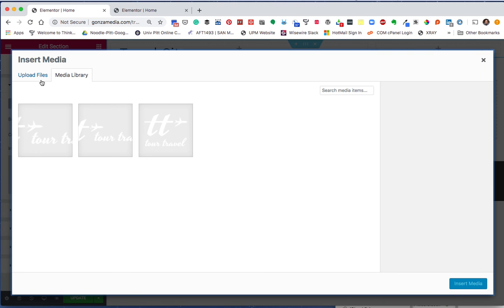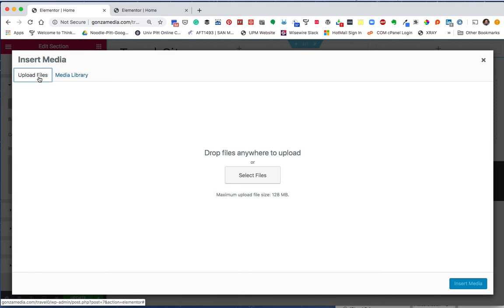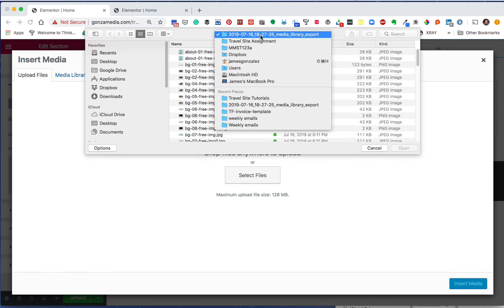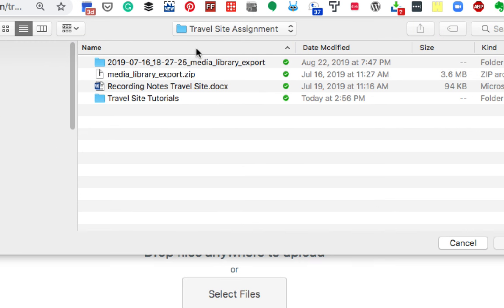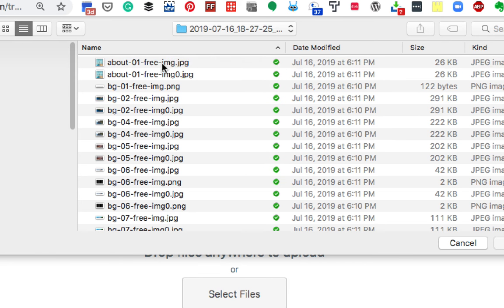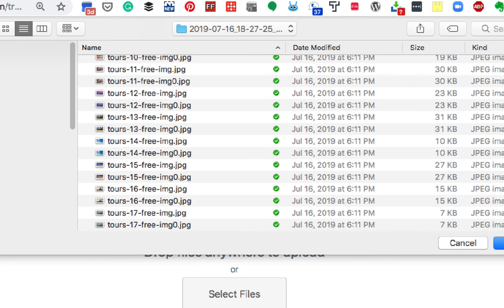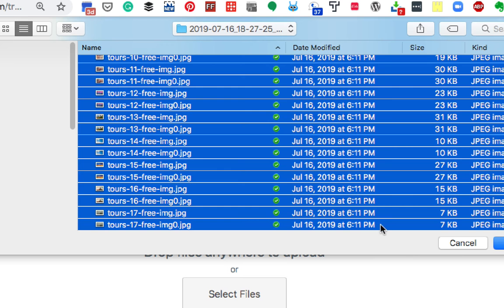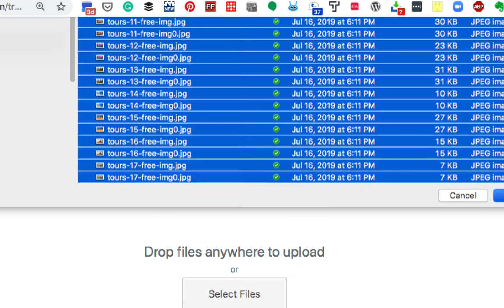Now you're ready to upload all the files in the folder that you downloaded of the sample images and stuff. So click on Select Files, browse to the location of your file that you downloaded. It was this media library export that I provided for you from Canvas Course Shell. Unzip that, and that'll give you this folder. Open that folder up, and then click on the first one, and hold the Shift key, click on the last one. That'll select all of them and go ahead and open